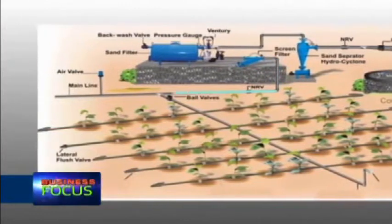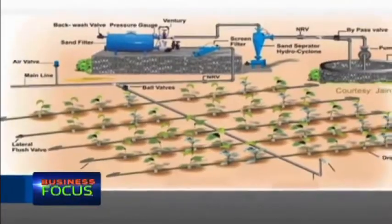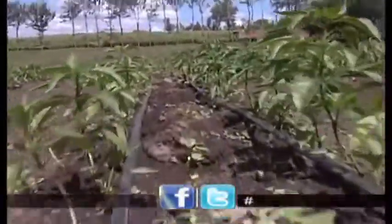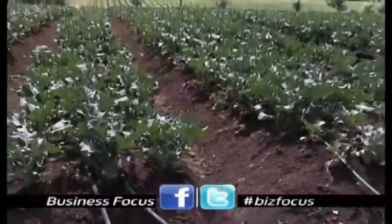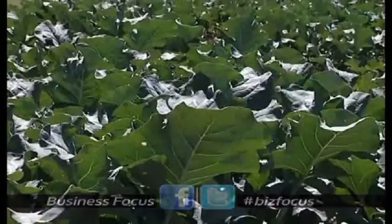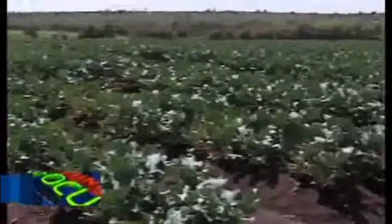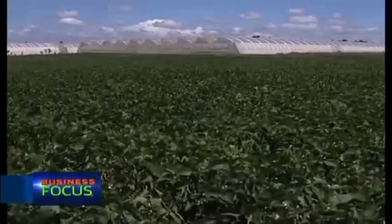That gives us a very good water delivery system to each plant. We want our fields to be very uniform. We want our yields to be as high as possible. They both evenly deliver a uniform amount of water and a required amount of fertilizer to each crop. The results are amazing. Increased crop yields, high quality reliable produce, all at a reduced cost of water, energy, labor